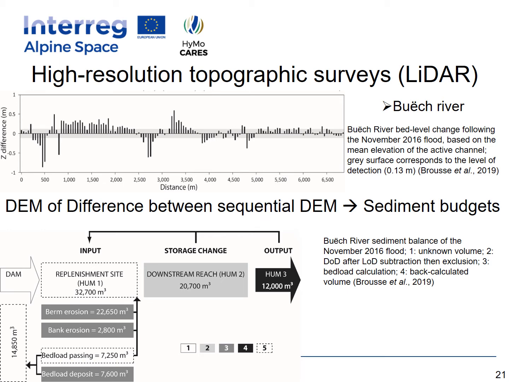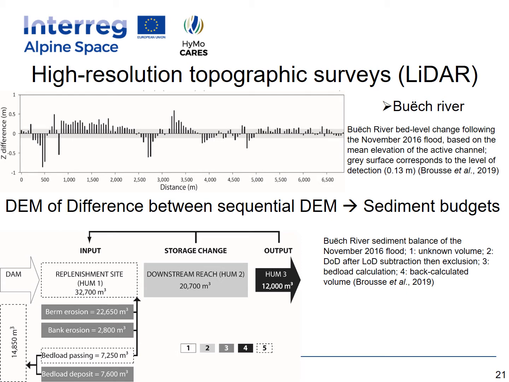32,700 cubic meters. Inputs are divided into berm erosion for 22,650 cubic meters, bank erosion 2,800 cubic meters, and the back-calculated bedload passing through the dam 7,250 cubic meters. Since a deposited volume of 7,600 cubic meters is observed along the replenishment ridge, it should be added to the 7,250 cubic meters that passes through the dam, giving a total bedload transport crossing the sluice gates during the flood